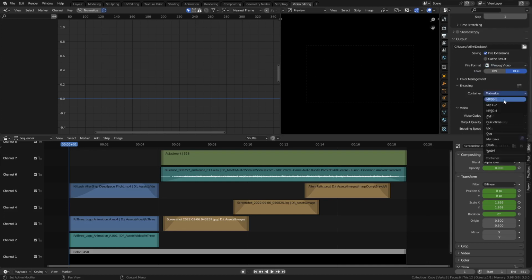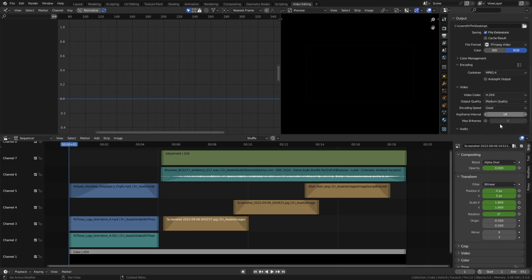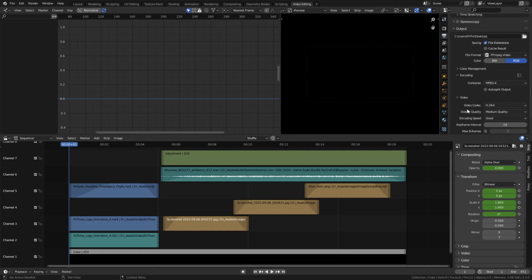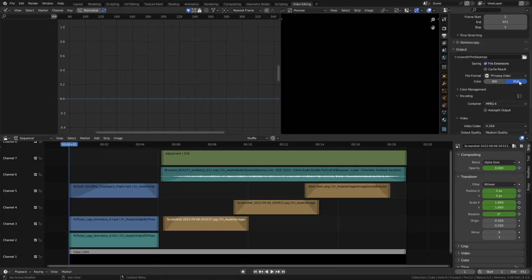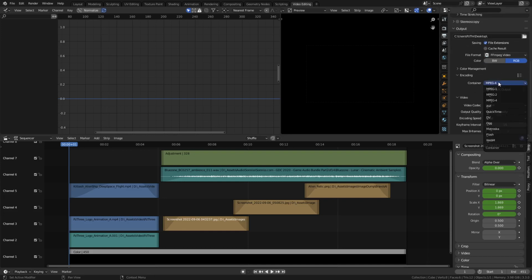encoding, and right now it's Matroska. I don't know how to say that, but MPEG 4. All right, H.264, medium quality, good. There's a lot of different options you can use. In this case, it's just RGB, right? If you were doing some compositing later on, like you want to combine videos with videos, you could use QuickTime, and you could set this to the QuickTime QT one here. And you'll notice you have RGBA accessible, so you can actually do this with transparency as well. But we're going to be doing MPEG 4,